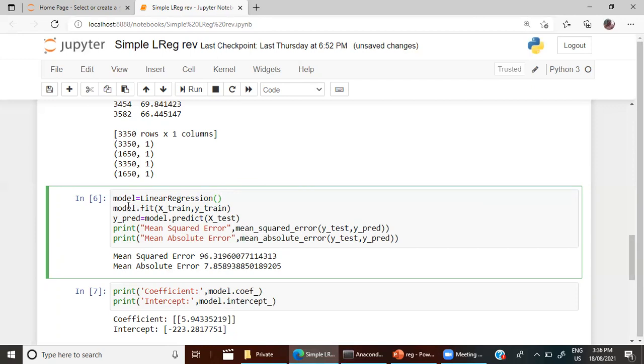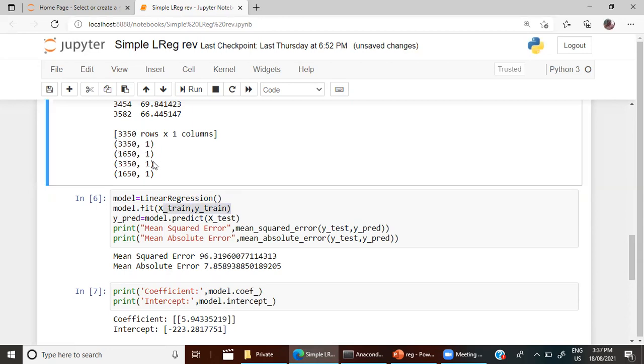After calling the model, you have to fit. Fit what? Fit the data, that is X_train and then y_train. The first is 3350, 1, and then this is y_train 3350, 1.